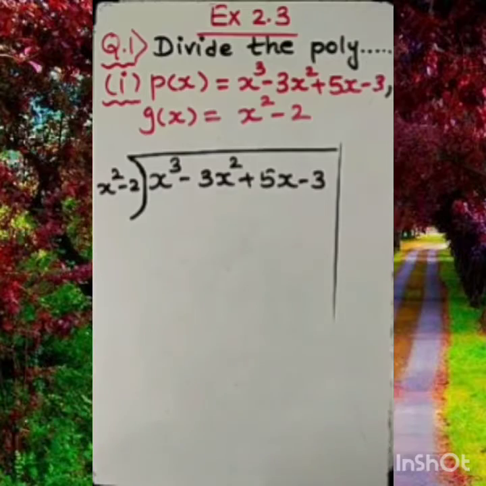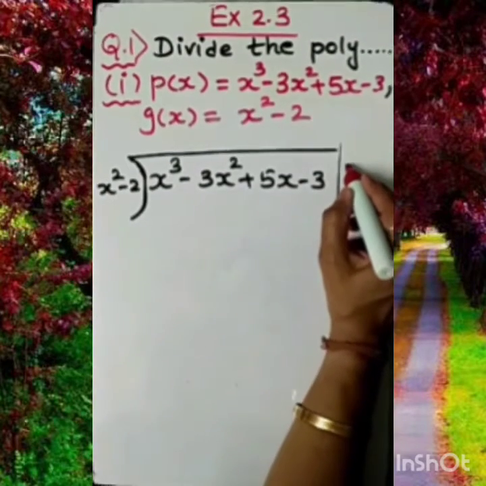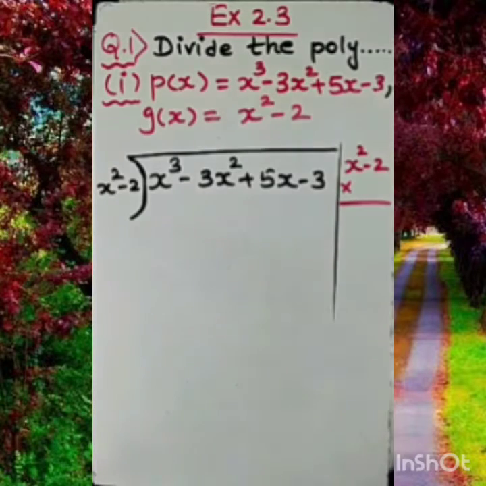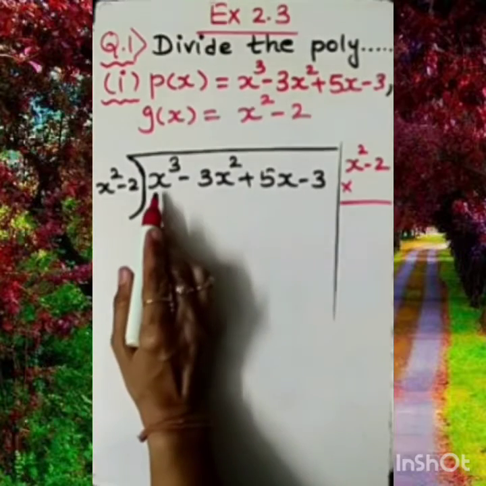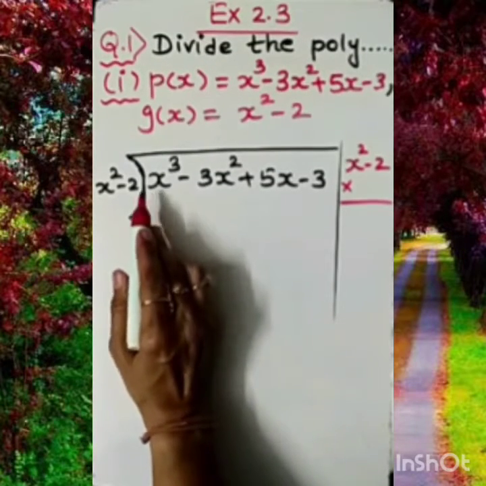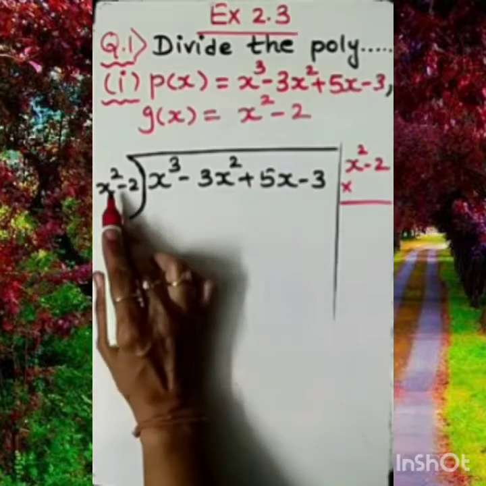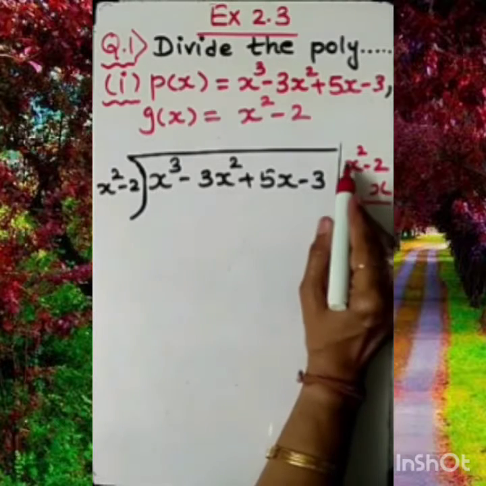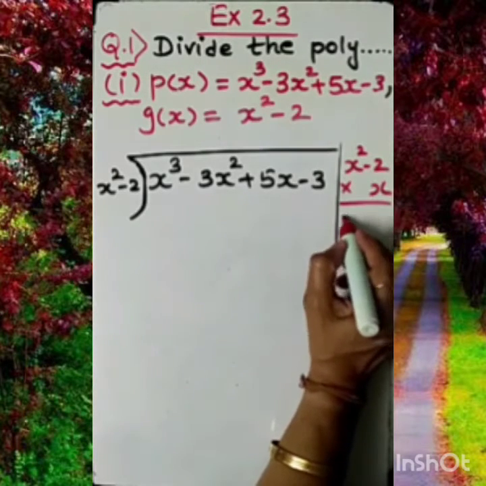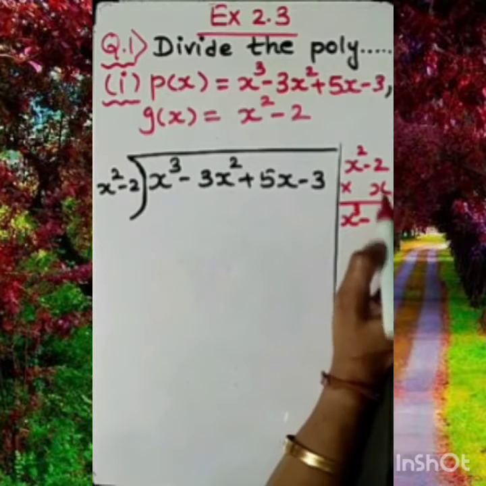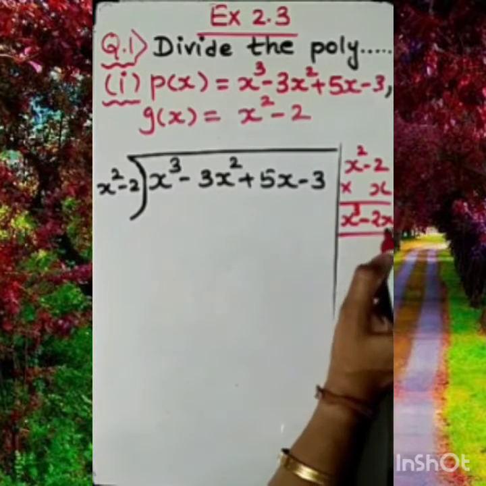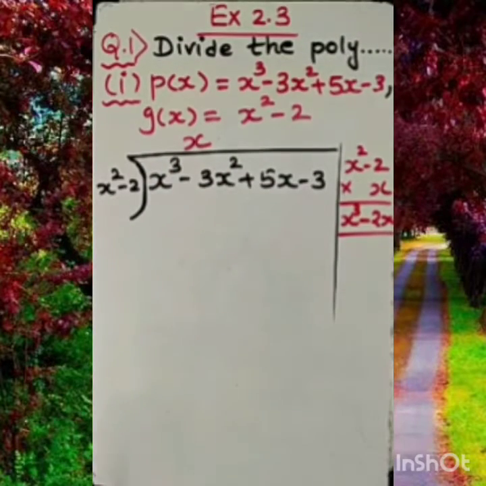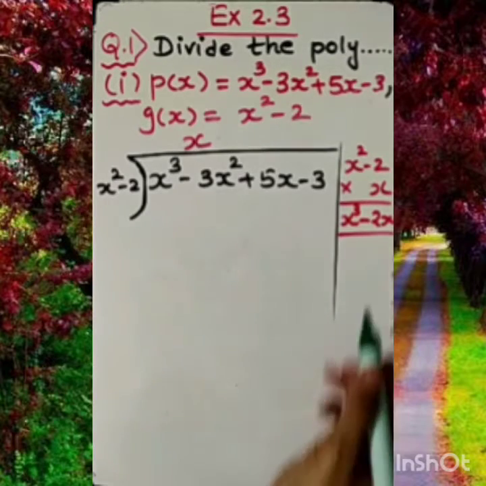See here what we are given, x square minus 2. So let me write here x square minus 2. Now by which term should I multiply so that my first term matches? My first term will match, as x square is already there. So of course I need to multiply with x only. So the product of x square into x is x cube, minus 2 into x, that is 2x. So I started multiplying with x, and what is the answer I got for that? That is x cube